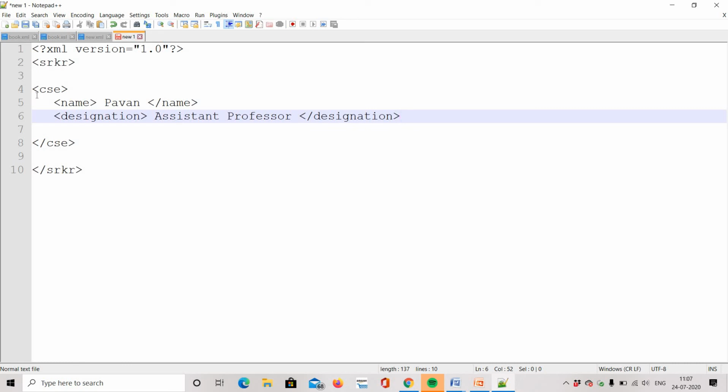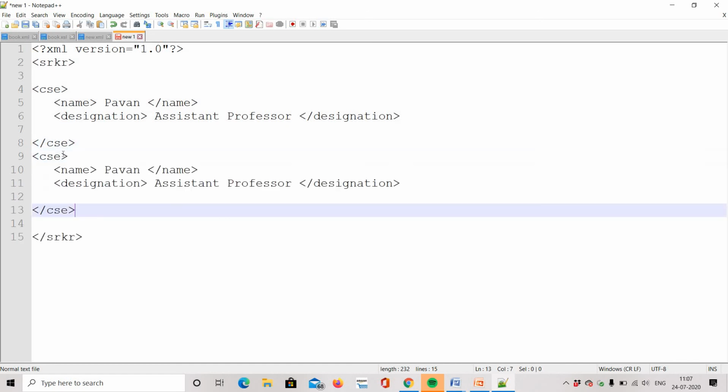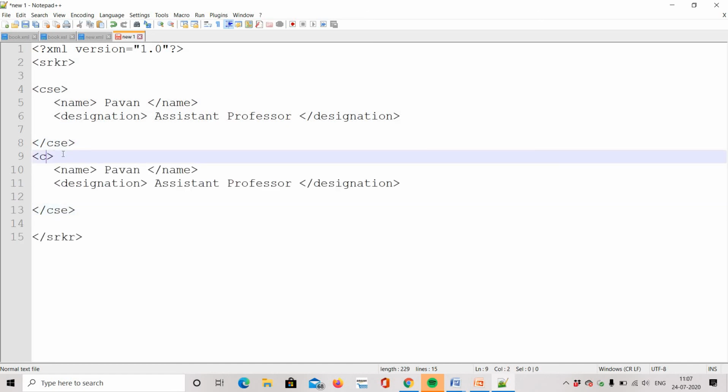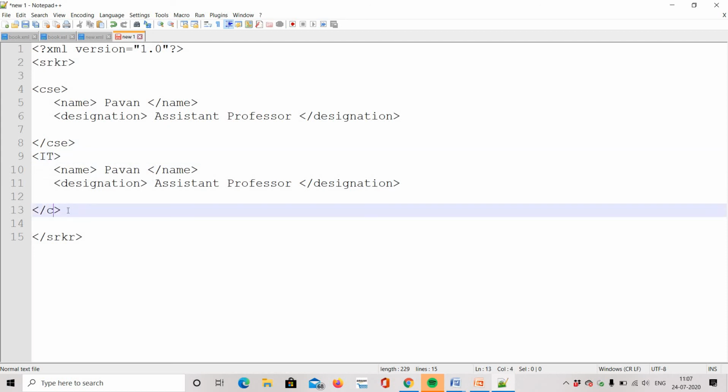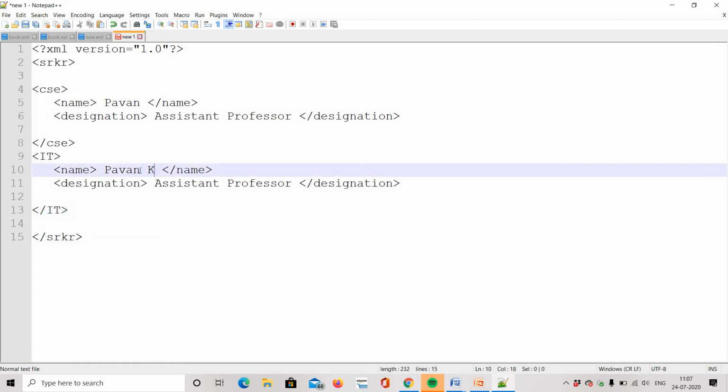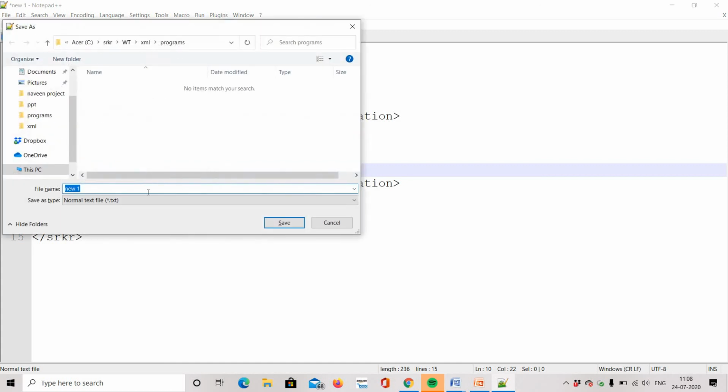If you want to create another branch's information, just take another element. The next step is to save it as srkr.xml.